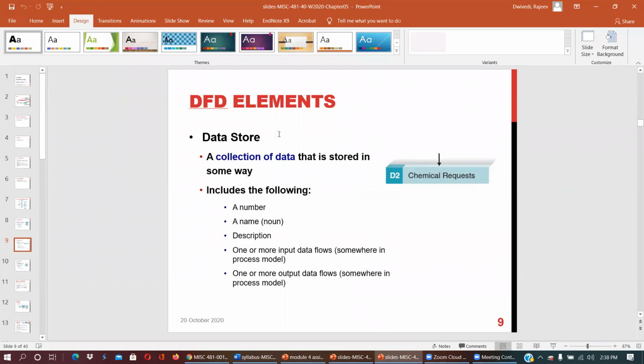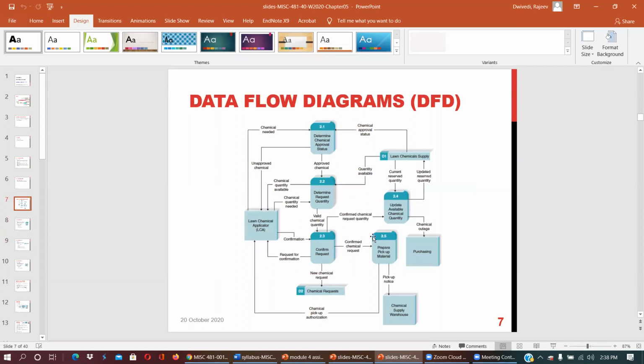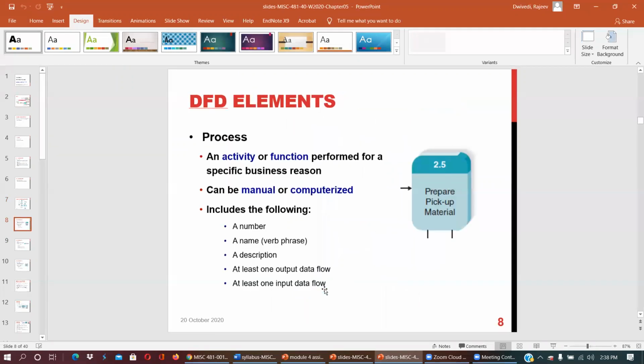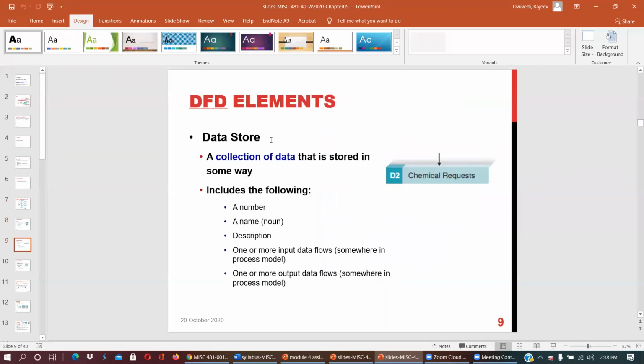Data store: you can see D1, D2. These are where data is going to be stored in the data flow diagram. D1 is lawn chemical supply, D2 is chemical request. A data store is a collection of data that is stored in some way, for example D2 chemical request.